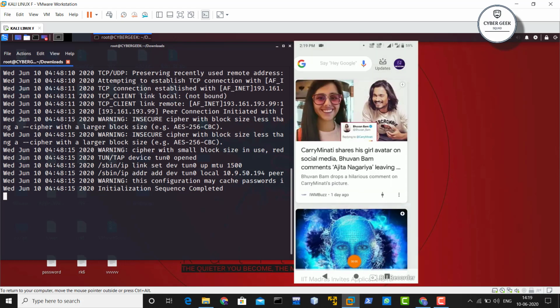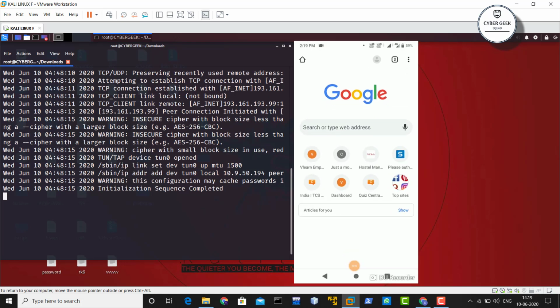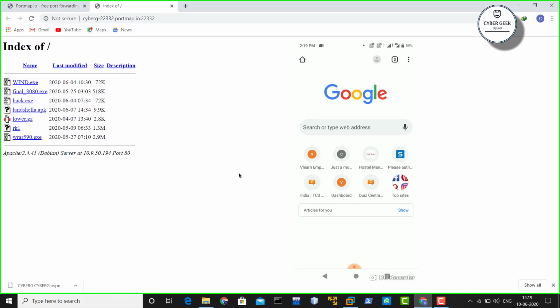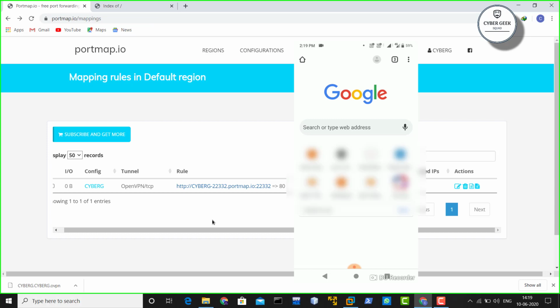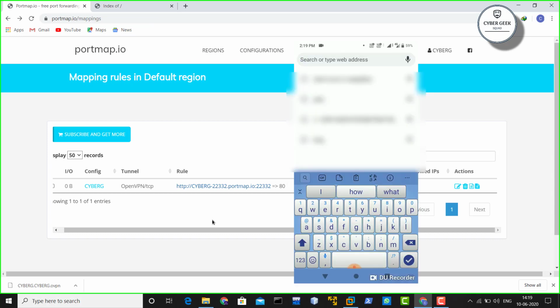Now you can see I'm on Chrome and I'm just gonna type the link which I have. You have to type http, and then /cyberg. You can type it in small letters also, it doesn't matter because it is a link, so it's not case sensitive.